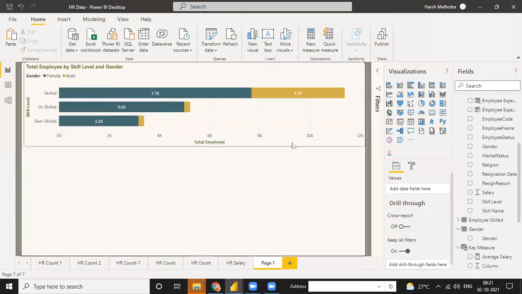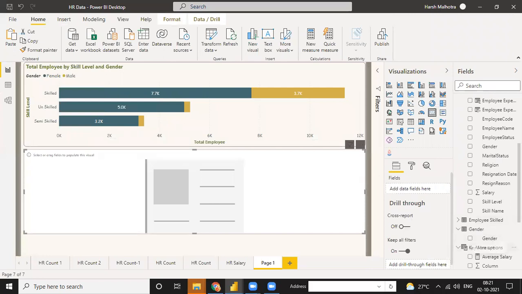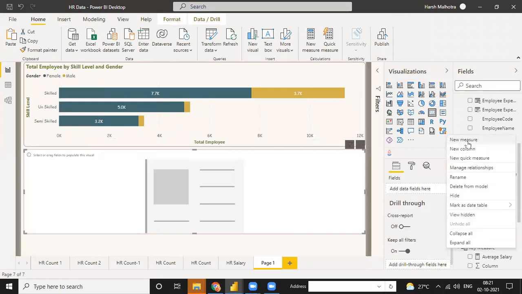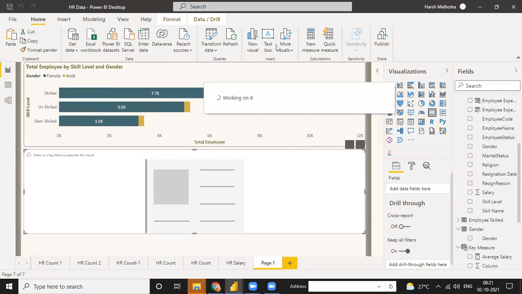Go to this table, card, and I can use a measure for maximum salary and a measure for minimum salary.